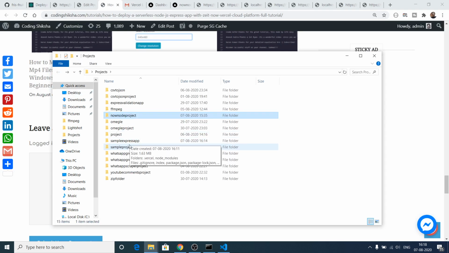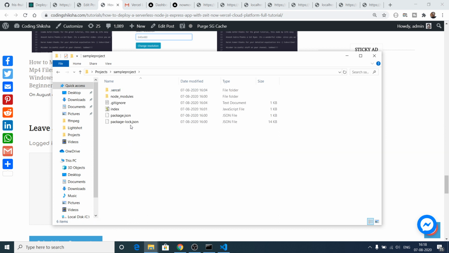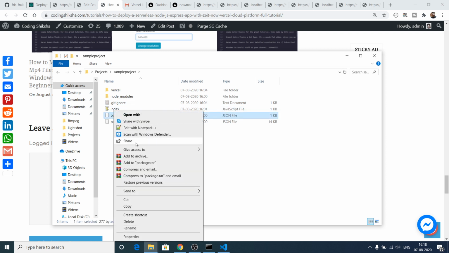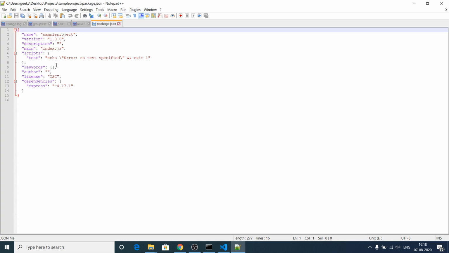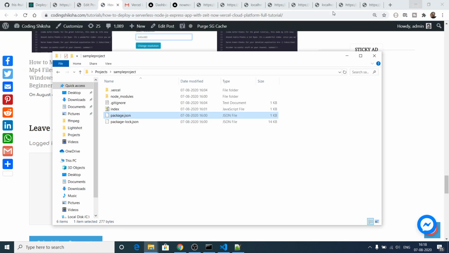So this was a sample project, and let me open this package.json file with notepad. So if you want to add a custom route, let's suppose I have added slash users.